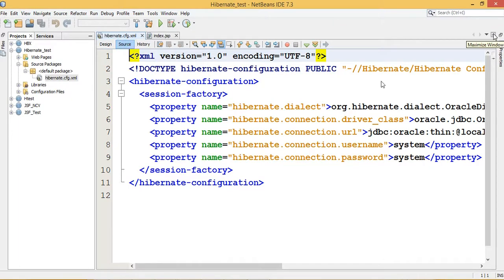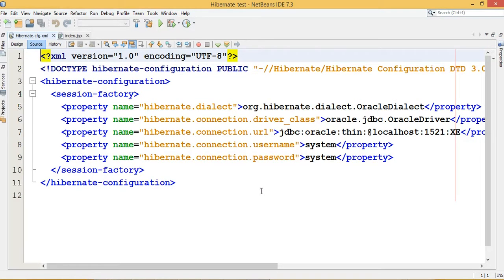Now this file is very important, hibernate.cfg.xml, which is automatically created, but you need to remember it for the examination. This file is the Hibernate configuration, which provides configuration information of the database in which you want to create a table.